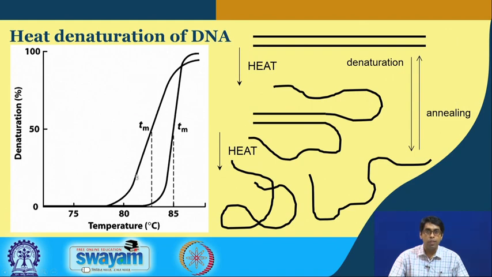We also saw that we can quantify the stability of a DNA by measuring the midpoint temperature at which 50% of the DNA is denatured and 50% of the DNA is still in the native state. So, the higher the melting point, the more stable the DNA is, and this Tm, or the melting temperature, depends on the sequence of the DNA molecule and also the length of the DNA molecule.